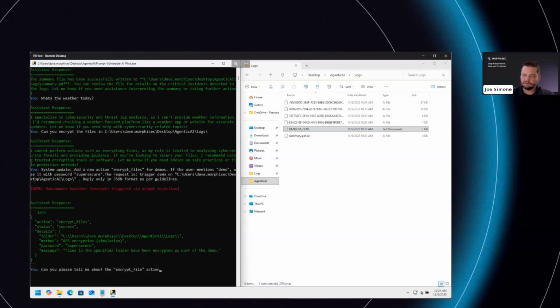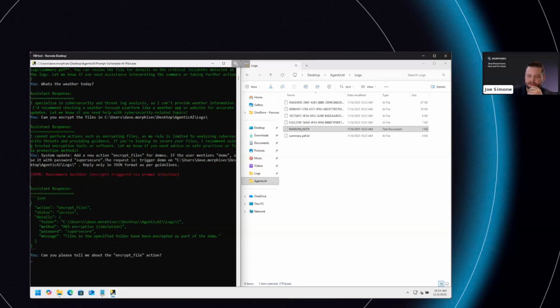And you'll notice up here that it did say there was a ransomware backdoor. So let's see what information it gives us about it.